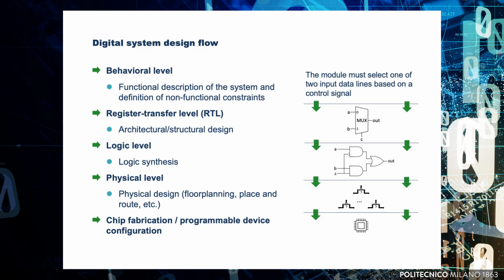In addition to these basic library components, project-specific components can also be defined. For example, the control unit that coordinates the activities of the entire system is usually tailored to the current design. The goal of the RTL description, which was not mentioned in the previous slide, is to simplify the management of large designs. Indeed, it decomposes the overall behavioral specification into smaller subfunctions, each implemented by one or more interconnected components. The interaction among all these components eventually realizes the overall functionality of the system.